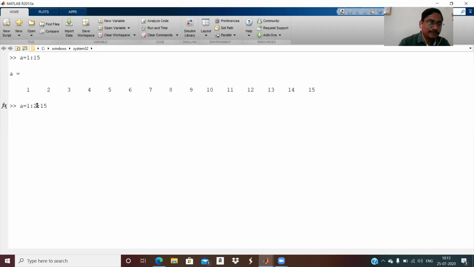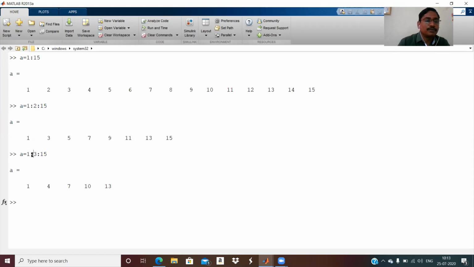If you take a difference of 2, it comes 1 plus 2, 3 plus 2, and so on. But if I take step size 3, then the last element is 13, because 13 plus 3 next will be 16 and you can't exceed 15.